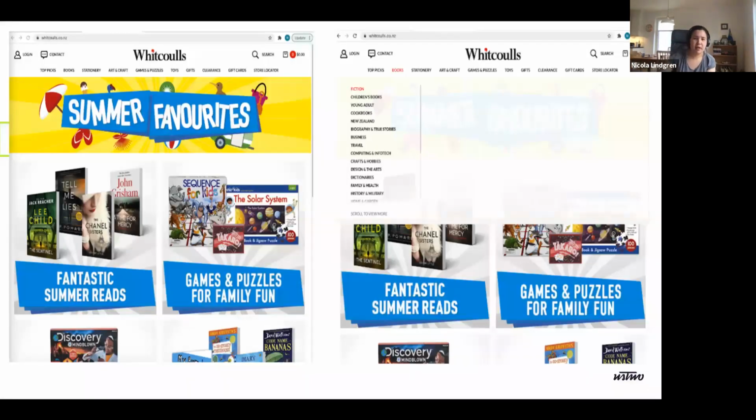So here's an example of a New Zealand book website. Let's say that we were to revamp this website. A few things I'd like to highlight here is the top categories: top picks, book, stationery, arts, craft, games and puzzles. And then the book section on the right-hand side: they have fiction, children's books, young adult. If I were to test against this heuristic,